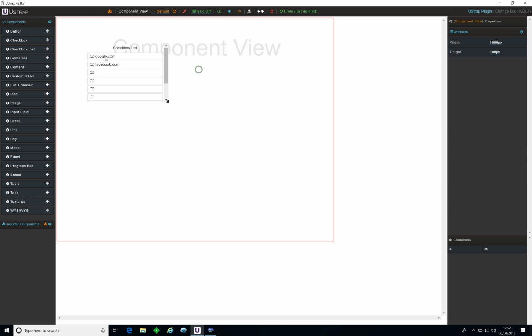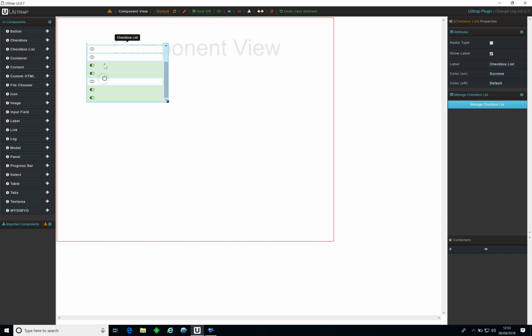Now, people seem to not understand how to keep them checked by default or not checked by default. All you have to do is select what you want checked by default and what you don't want checked before you export. So if you want them all off, turn them all off, and then export it, and they'll all be off by default, or they'll be on if you check one. So if I export that,